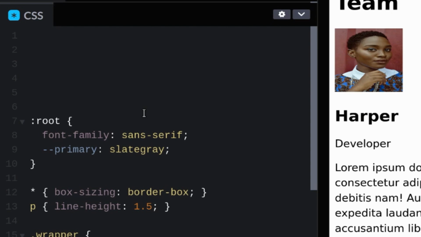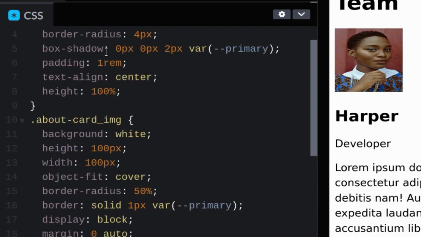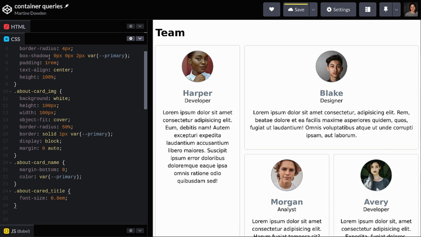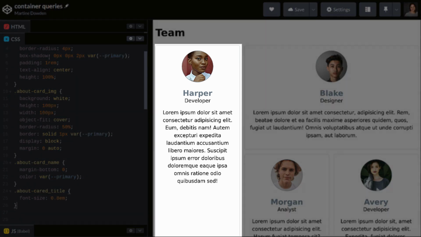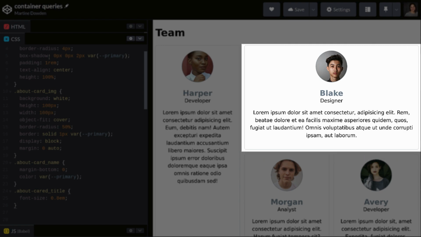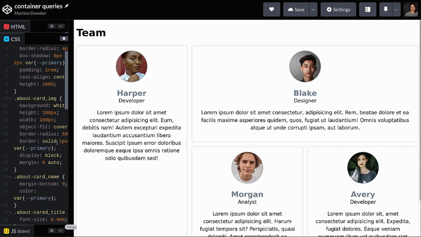Let's start by styling our card for narrow containers and/or narrow screens. I'm not going to go over much of what the inner CSS of the card is, simply because that's not the focus. This is simply the example I'm using today. The important bits are going to be as they relate to the container. So now that we have our narrow screen handled, the card that is placed on the narrow column looks pretty good, but the one that is on the right column has a very wide text, and if we were to increase the window size, we can see that that text gets wider and wider and wider.